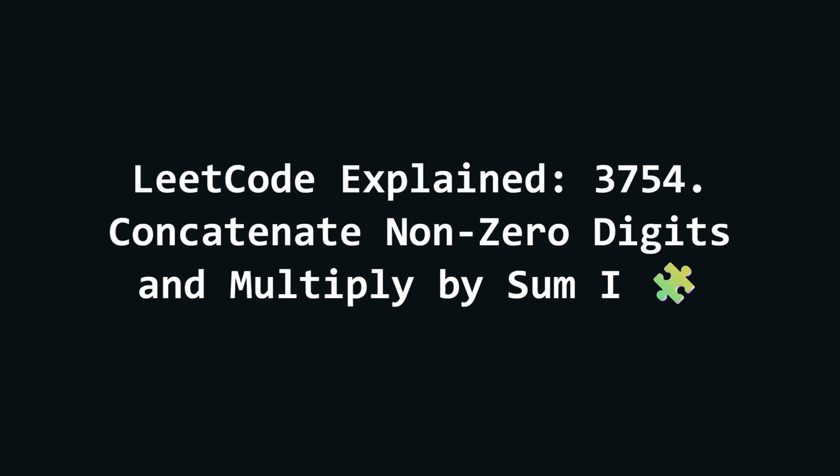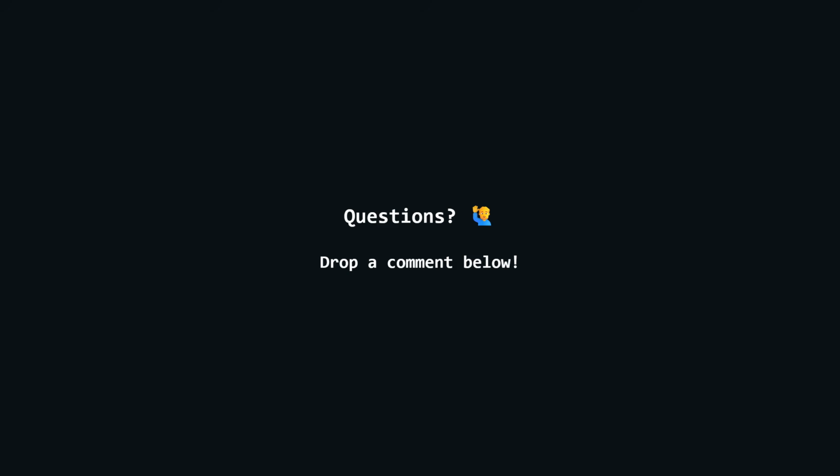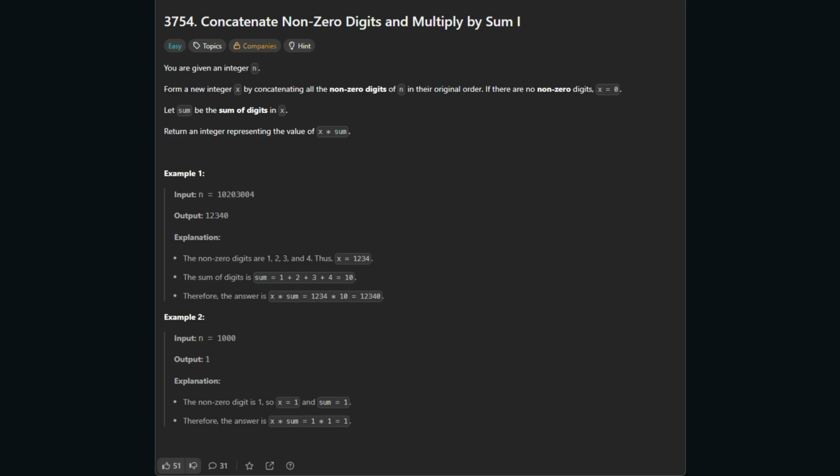Today we are looking at problem 3754, Concatenate Non-Zero Digits and Multiply by Sum 1. As always, if you get confused at any point, just drop a comment down below and I will help you out. Here is the official problem page, but it's a little bit wordy, so let me explain the goal step